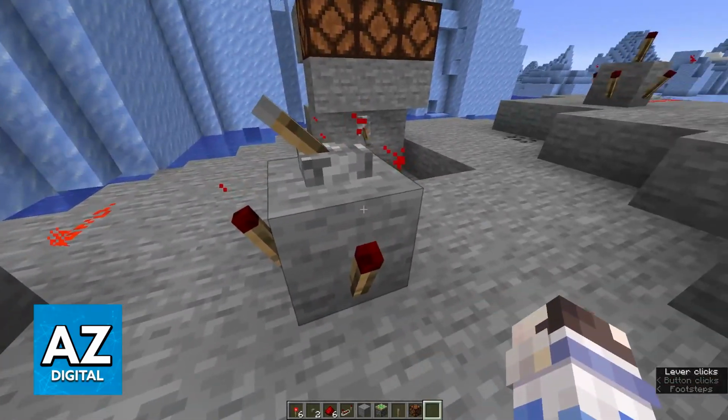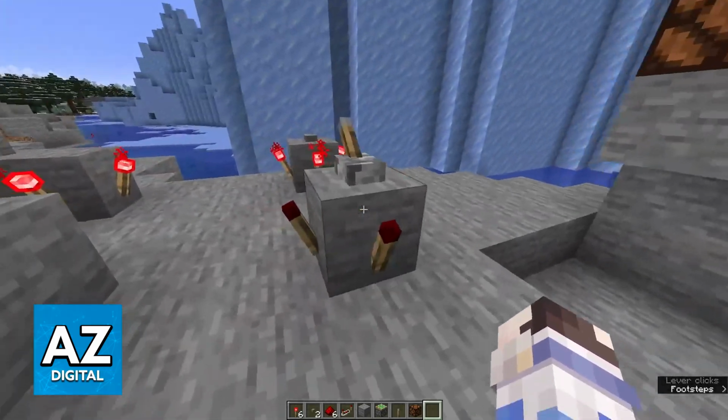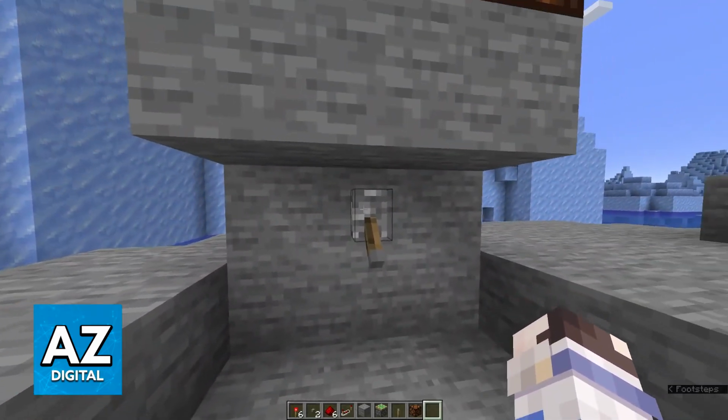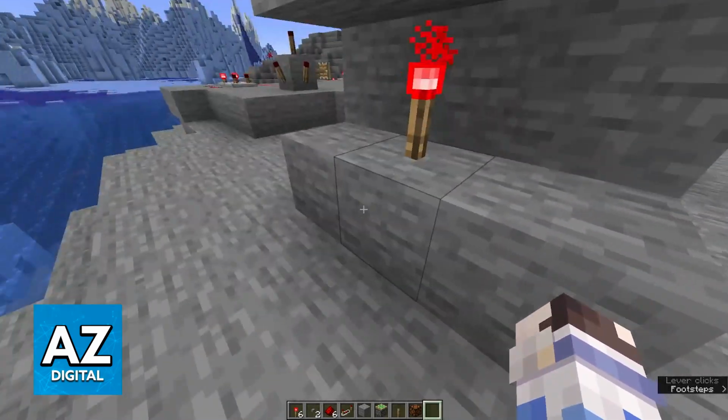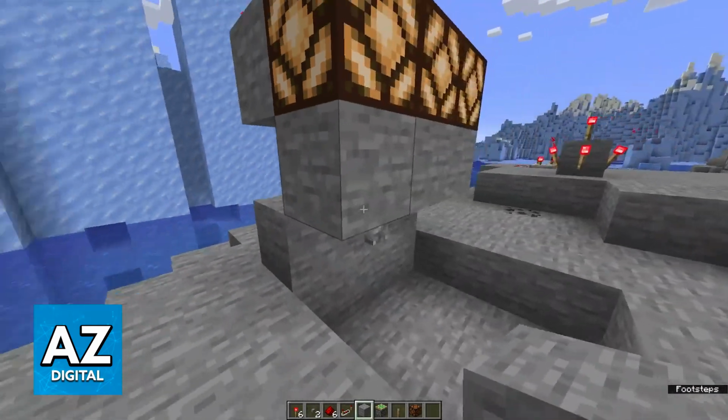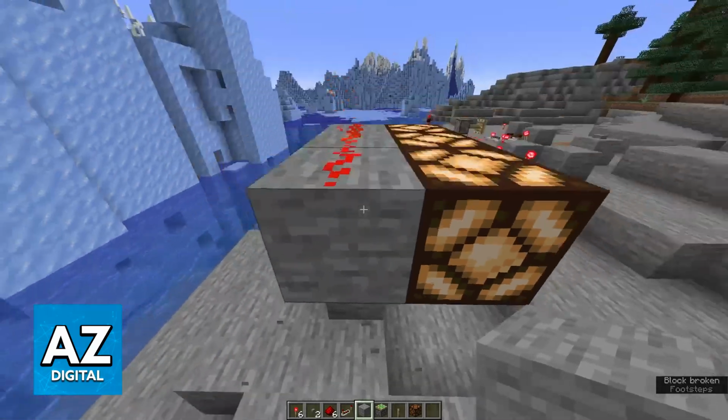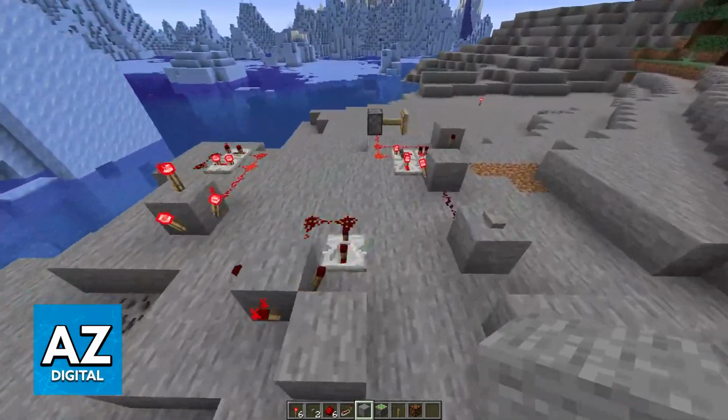The lever will permanently change the state. However, there are other alternatives besides this one. This is an example of using a lever. It changes the redstone torch attached to this block that has the lever, as you can see with this one, and then it sends the signal up to these redstone beams.